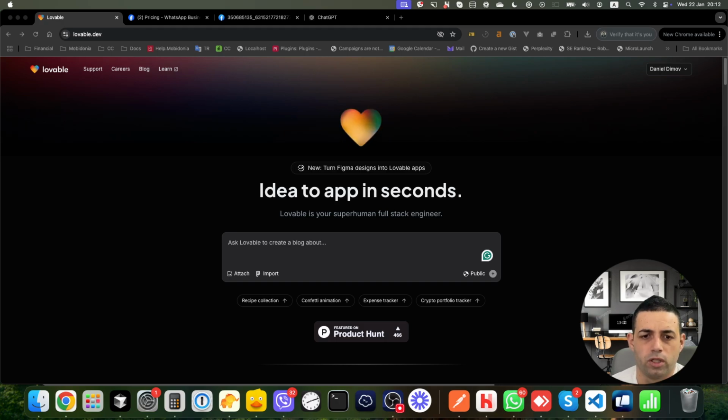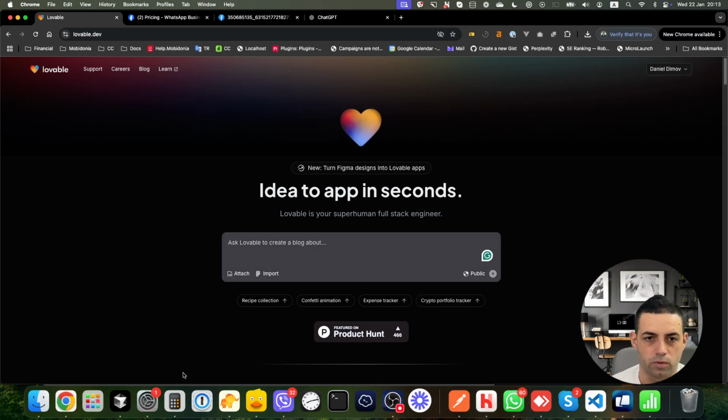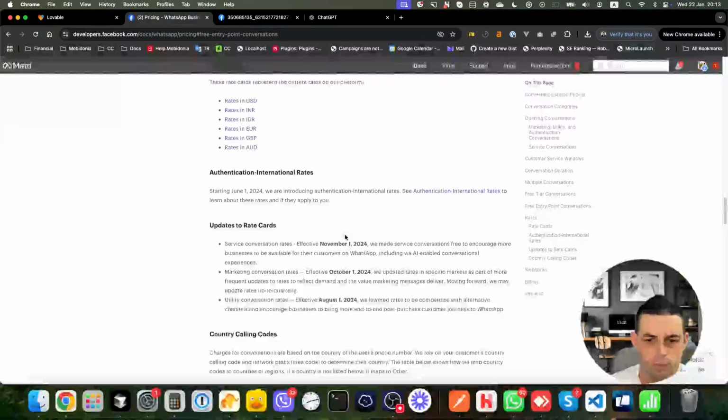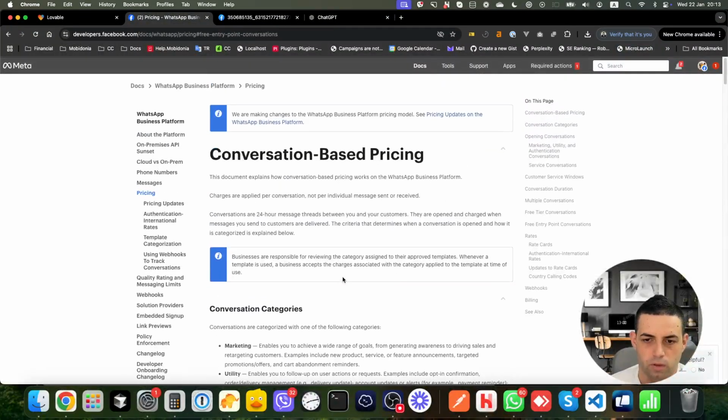And we will be using Lovable, which is a do-it-yourself tool maker, where with just a simple prompt we can create great applications. So let's read first about the WhatsApp Business API pricing, and let's feed that inside Lovable. Yeah, let's make that tool. So I already have read about what types of